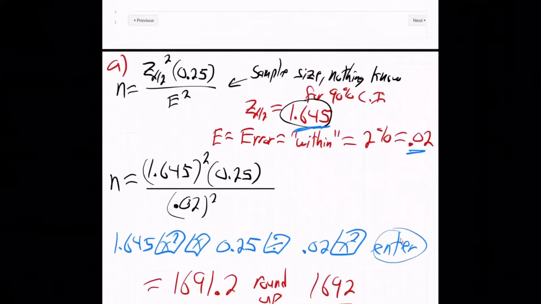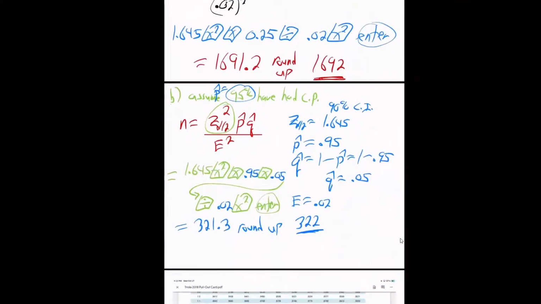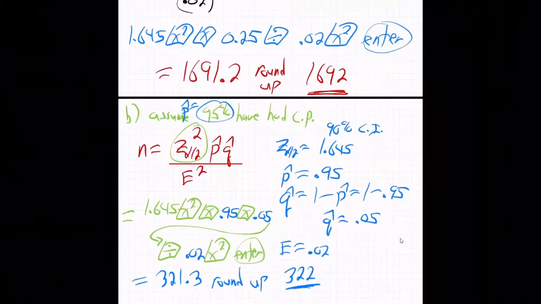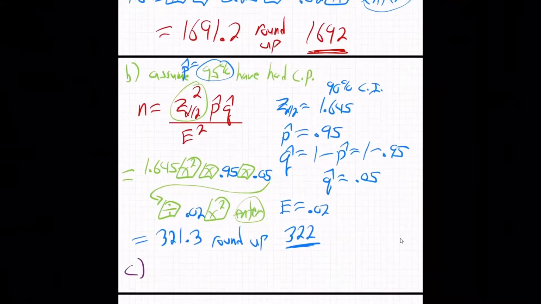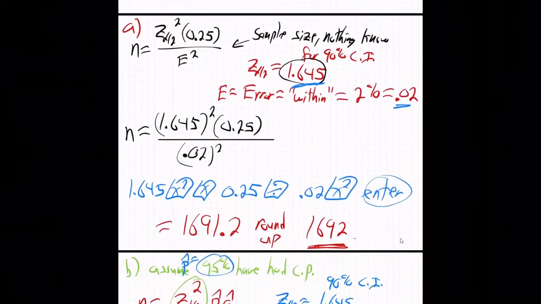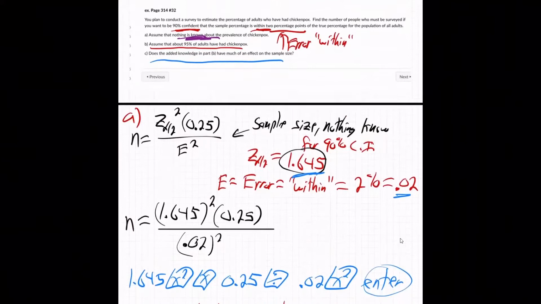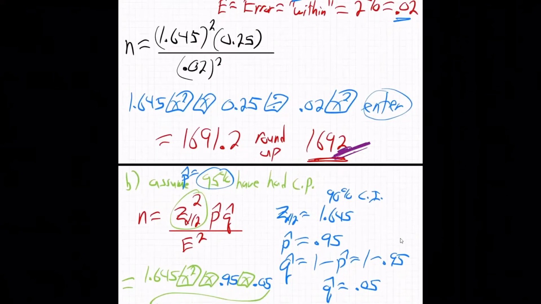And then question C finishes us off with, does the added knowledge affect the sample size? Well, our answer went from, in part A, when we didn't know anything, where we're trying to figure out what percentage of the population has had chickenpox. Back in part A, we knew nothing about what percentage might have chickenpox. We thought we would have to have 1,692 people in our sample. So what if I said to you, go out and sample 1,692 people, ask them if they've had chickenpox as a kid,